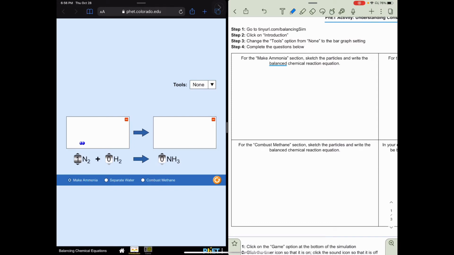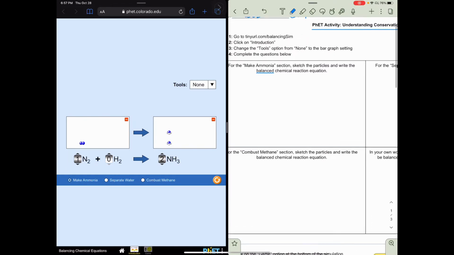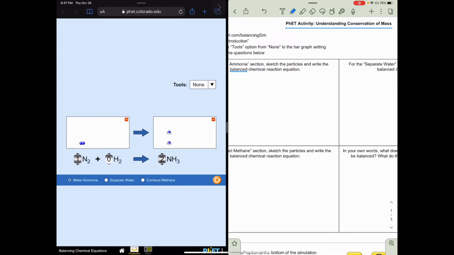So if we know we need 2 nitrogens and each package of NH3 has just 1 nitrogen in it, we need to have at least 2 nitrogens in there. And so therefore we need 2 full molecules of NH3. But that will change the other side, this left side, about how many hydrogens it has. So we now have, like I said, we need to always do, not always, but it's super helpful to have a running tally right here of what you have on the left side and the right side of your